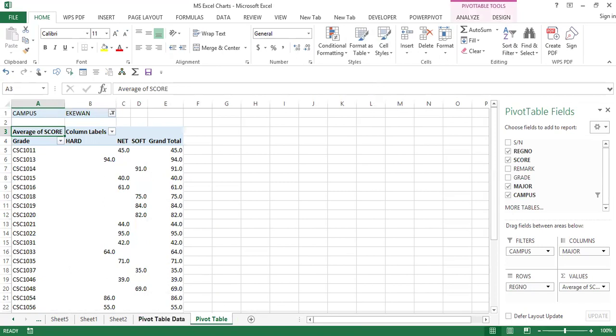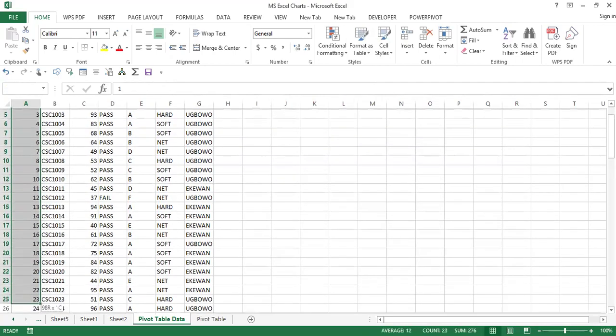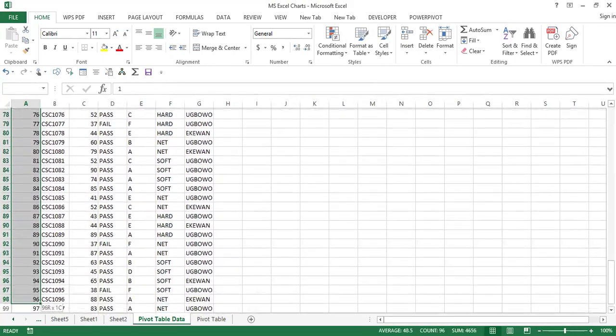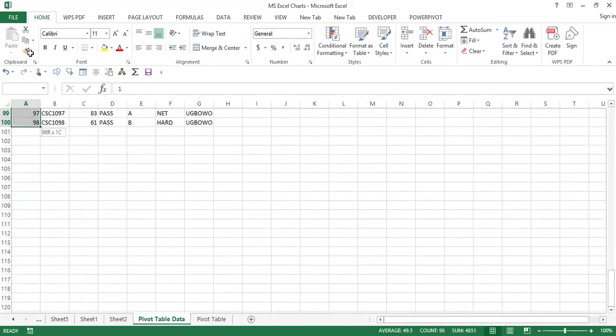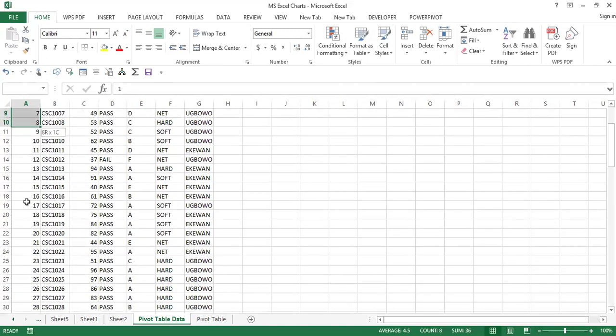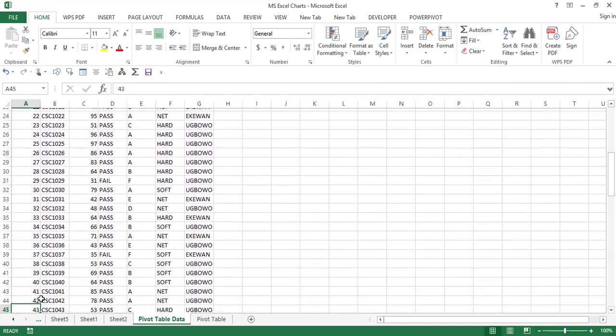No. It's not a summary because the length of that is the same as the length of the main data, except if there's repetition, which is not supposed to be. Let me see if there's repetition in this data. If it's shorter, then you just know that